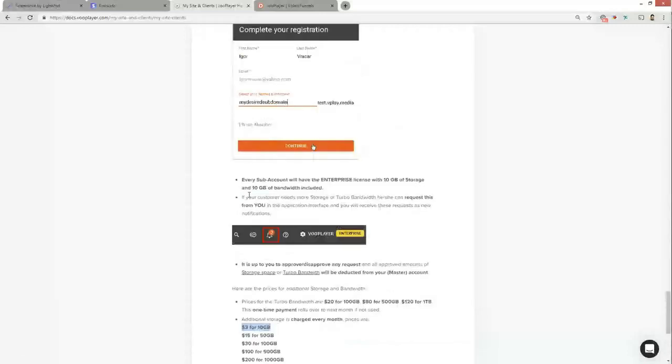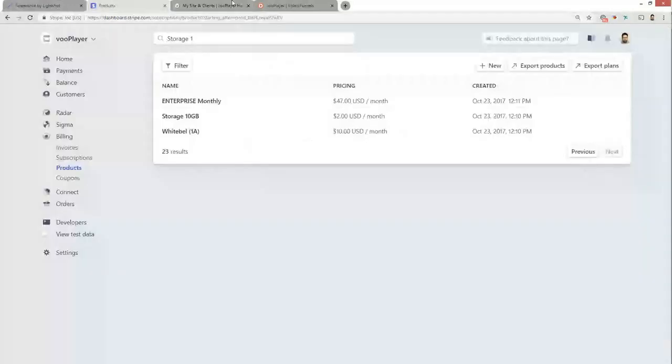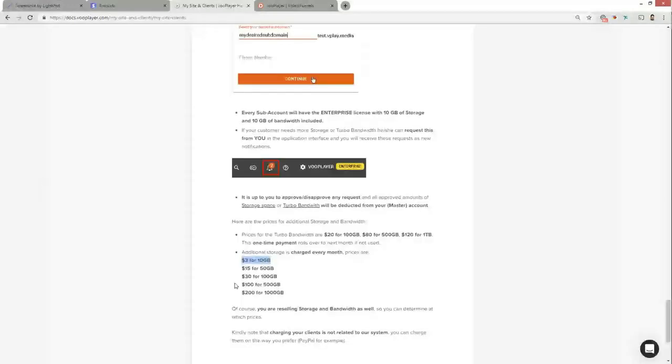All right, cool. So here are the prices, and this is for you, right? I think where this confusion came from was that you, as a provider of services for the white labeled accounts, i.e. for your clients, can determine these prices on your own for what's going to be displayed to your customers.